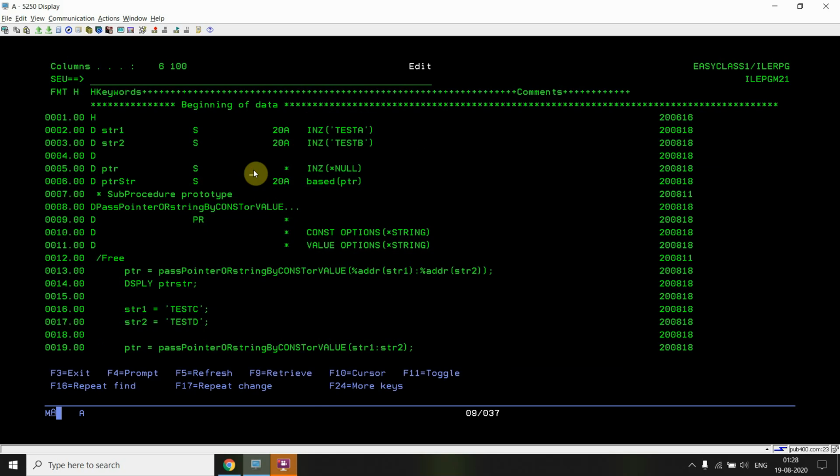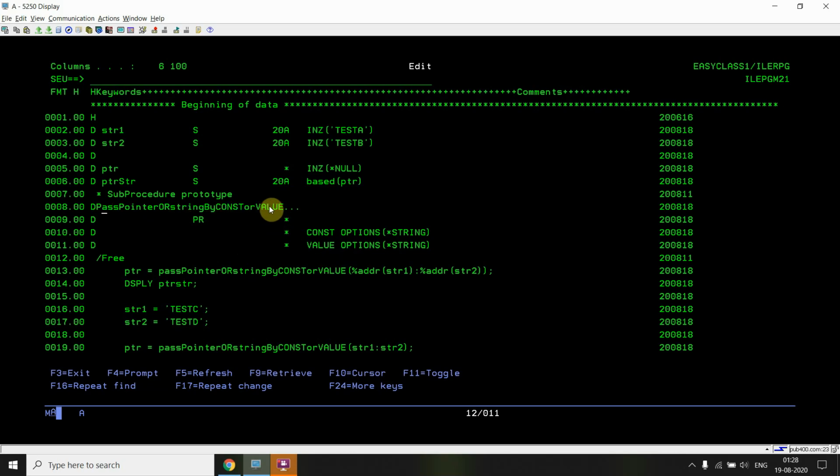Now you'll see how we can pass a pointer or a string whenever we define the parameters with type pointer, and how we return the pointer value. I have created one sub procedure named pass pointer or string by const or value.